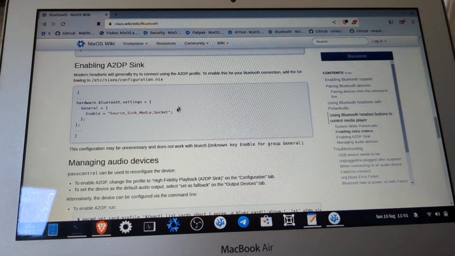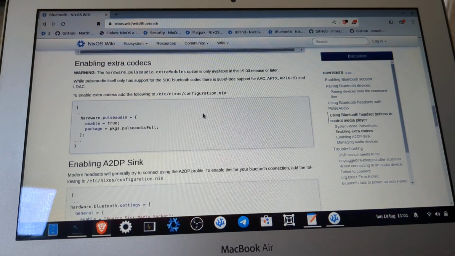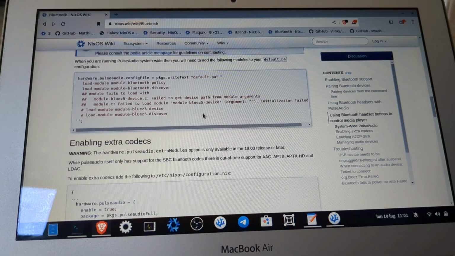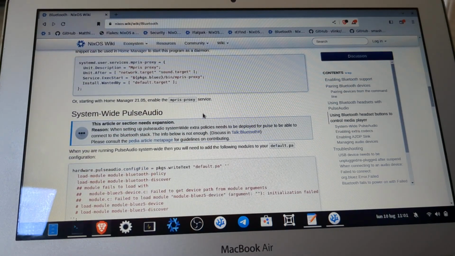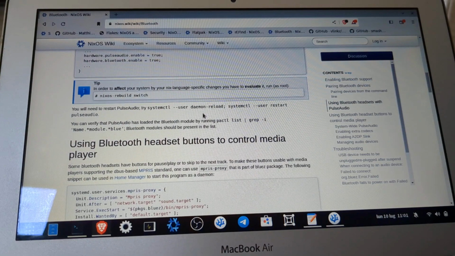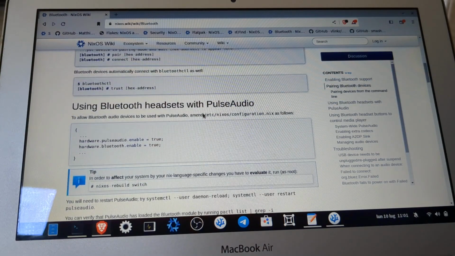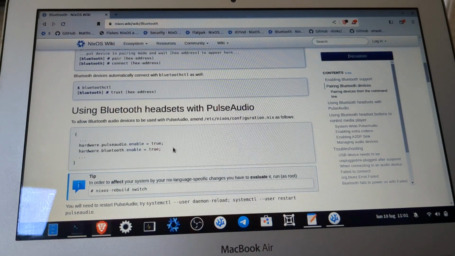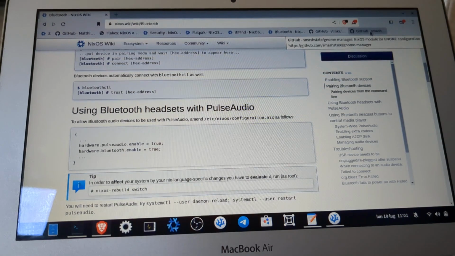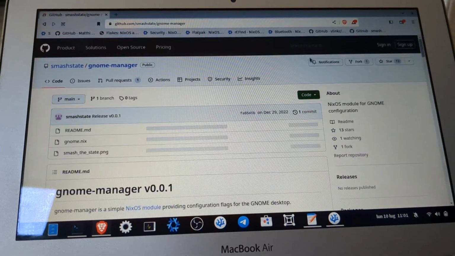So I showed that in the configuration. So this isn't an easy Linux distribution for newbies, because you have to know exactly what to enable in the configuration. The installer helps, but for other things you have to do the stuff manually.